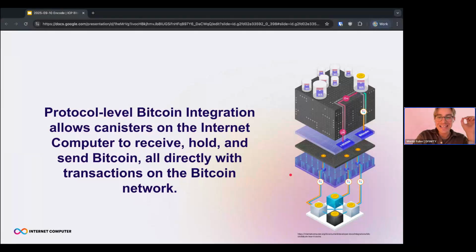So in essence, the difference between the existing solutions that we just talked about and the Bitcoin direct integration is that in the case of the Bitcoin direct integration, the actual funds are held by a smart contract directly, whereas solutions like RepBTC always have some level of trust involved. So you need to be willing to give away your assets and basically are at the risk of the custodian and the asset being hacked or turning rogue or something like that. So this is the main difference, that there's no centralized entity in this protocol level direct Bitcoin integration of the